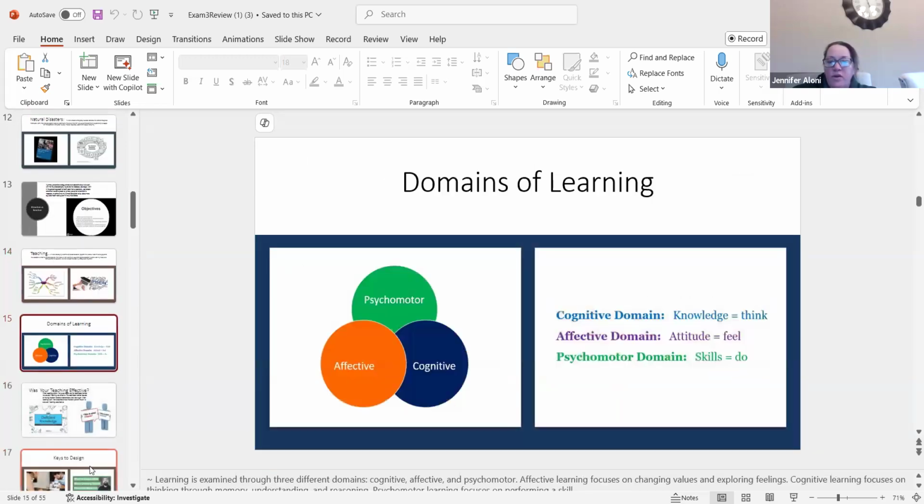Okay, you all know we have our 3 domains of learning. We have our cognitive, our affective, and our psychomotor. Cognitive is the brain, so how do we learn with thinking? Affective is what do we feel? How do we feel about something? Psychomotor has the word motor right in it. That means you're going to be moving, doing something, like a motor. Okay.